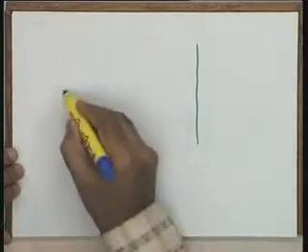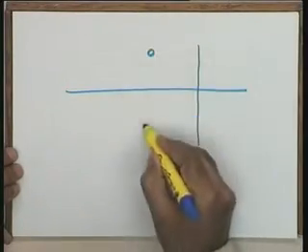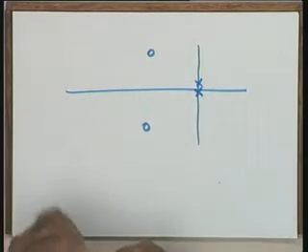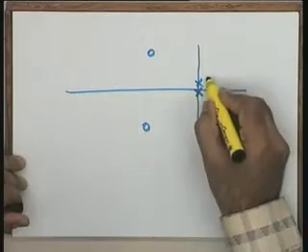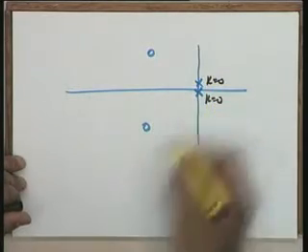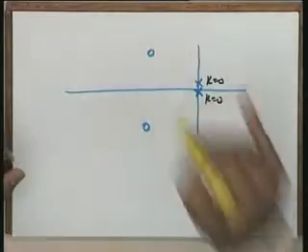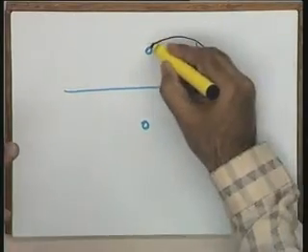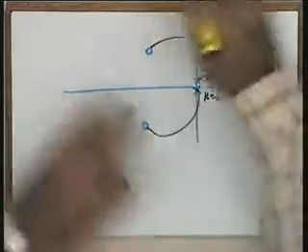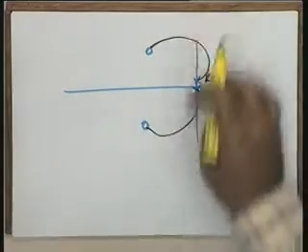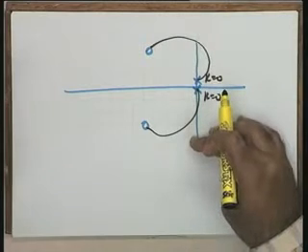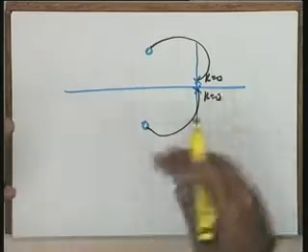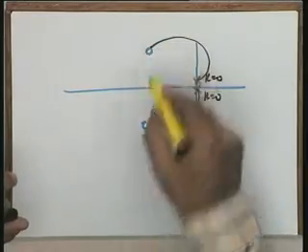Similarly, you may have a situation of this type. Let us say you have two complex zeros, and let us say these are the two poles here. A typical situation I take this way. Now you see that a root locus starts from k is equal to 0. There are two zeros available, so naturally it will terminate at these 2 points. I do not know the root locus shape, but at least I know that the termination will be at these 2 points, whatever directions it may take. And these portions of the root locus branches will be determined by other rules which I have already given to you.